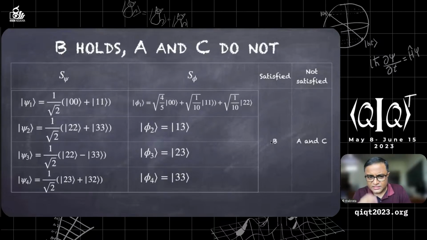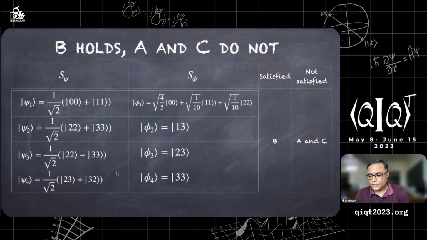Now, take this set of input states and take this set of output states. So B is satisfied. So you consider any probability distribution. You understand that I am taking not only the qubit system, but slightly higher dimensions. It's a dimension 4, and your basis is 0, 1, 2, 3. And then you can actually see, if you consider the measure of entanglement as entanglement of formation, then you